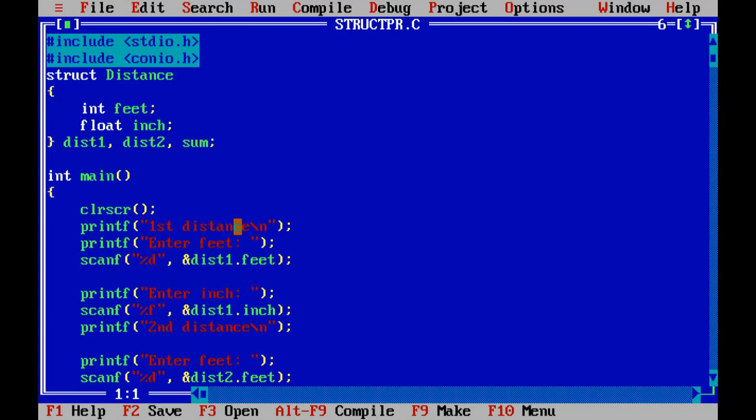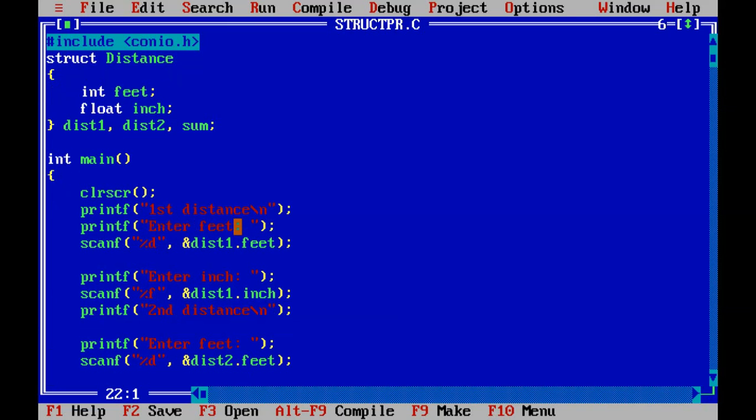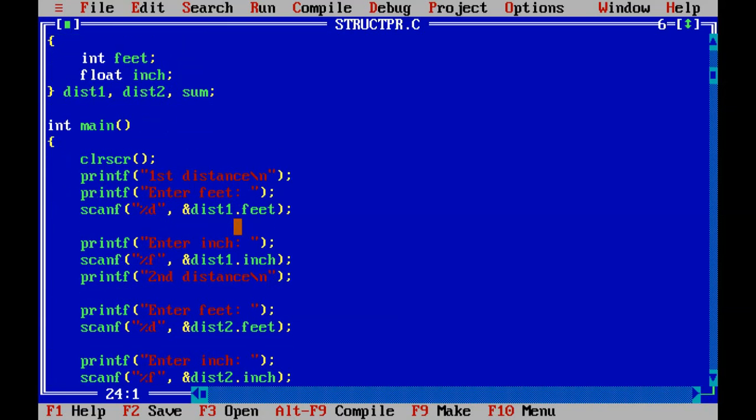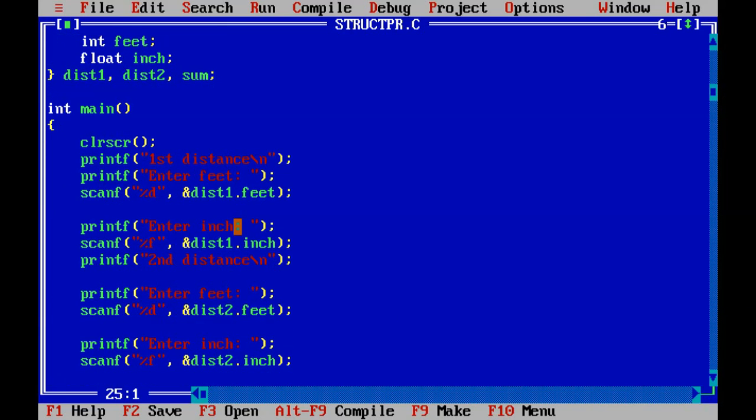And next we can store the inch: printf enter inch, then scanf %f ampersand dist1 dot inch, which means it will store the inch value in the dist1 variable, dist1 dot inch. Then it will ask for the second distance feet and store it in dist2 dot feet, and again enter inch, it will store it in dist2 dot inch.